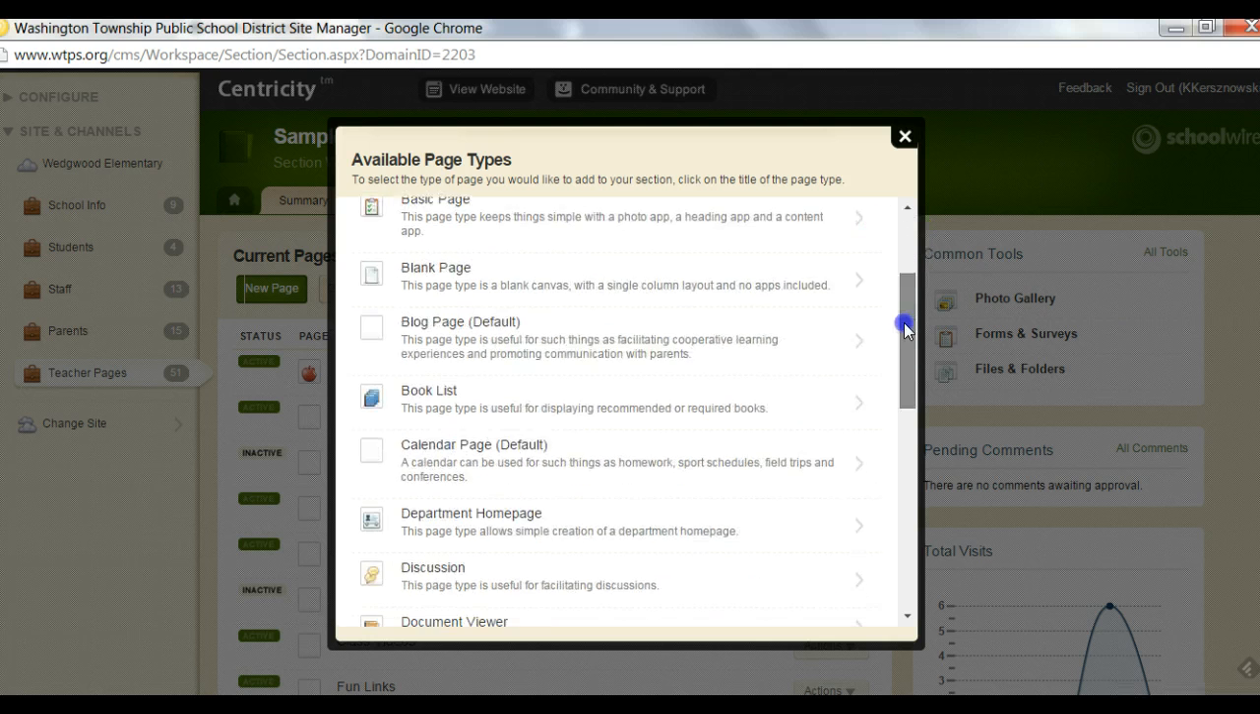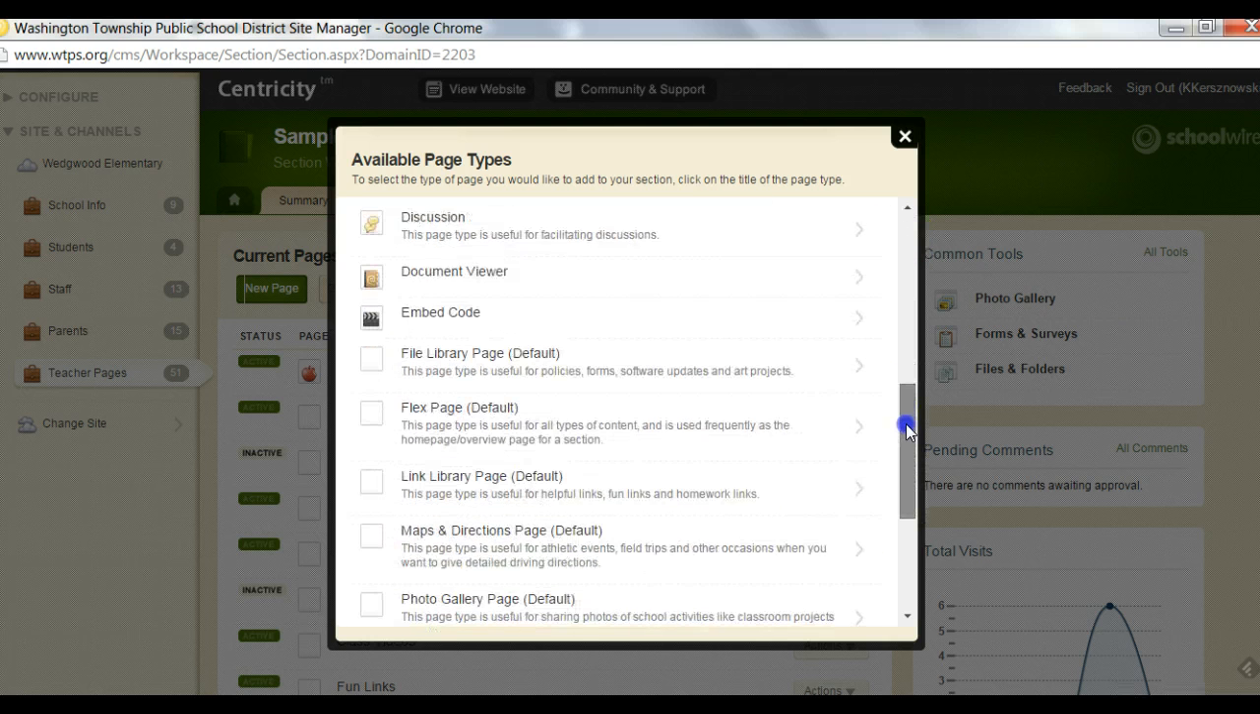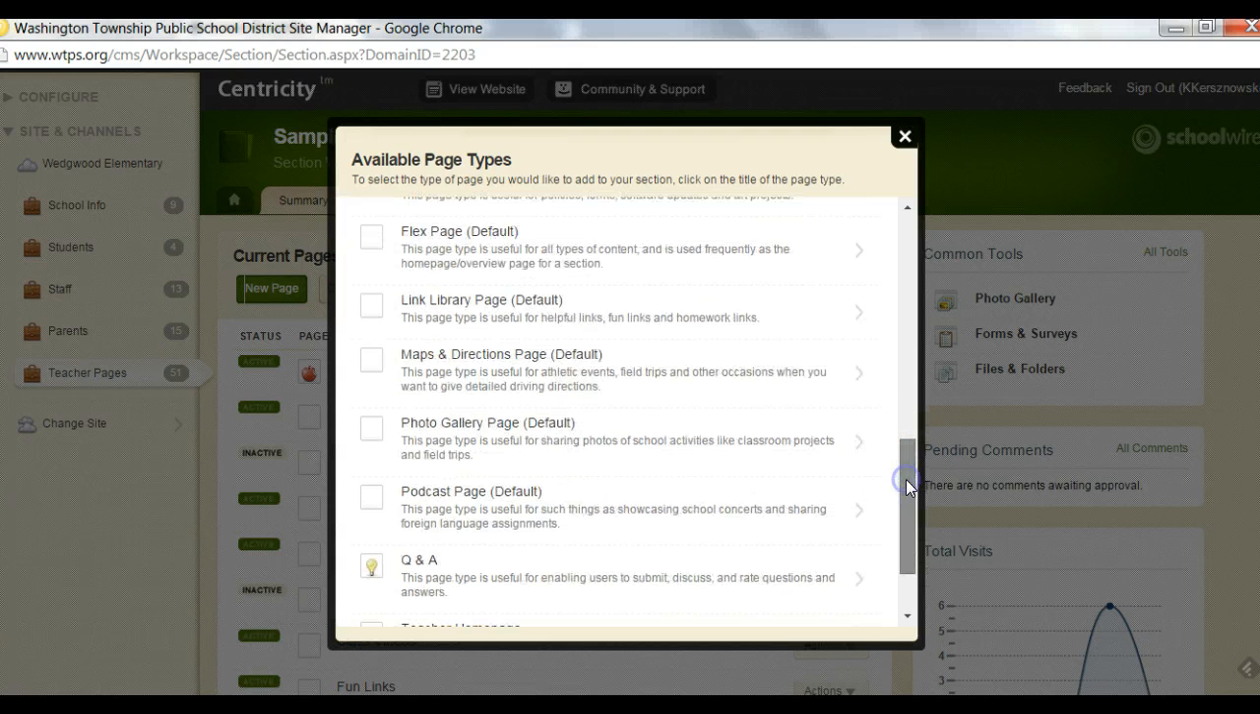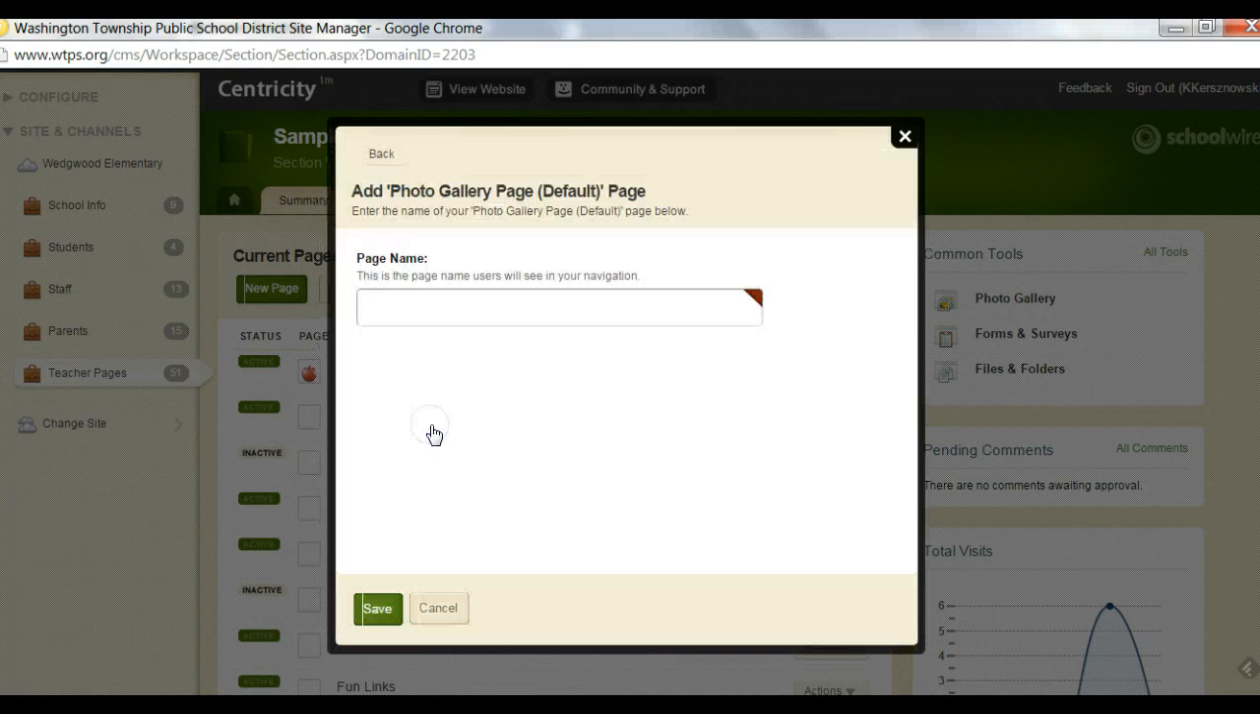So we'll come down to a page type. We're going to skip flex page this time. We're going to go down to photo gallery page. And you'll want to name that page, so you can name it whatever you like, if it's pictures of a holiday or if it's pictures of your class. I'm just going to call mine